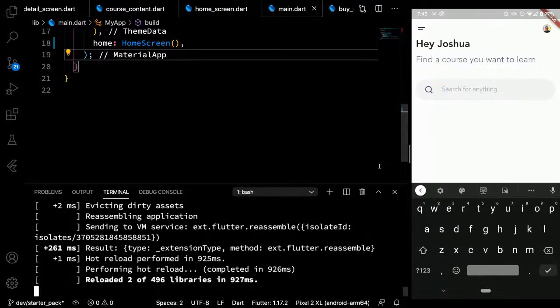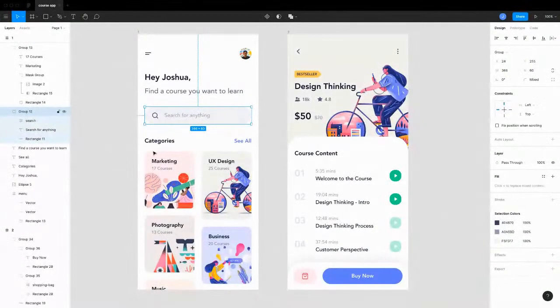Great, so we're almost done, no? The next thing we have to do is to just add these categories. By the way, this screen is already built for you, so if you're thinking that we almost spent an hour already, that's a good thing, because I already prepared this UI for you guys to inspect and for us to be able to just focus later on a quick introduction to state management.